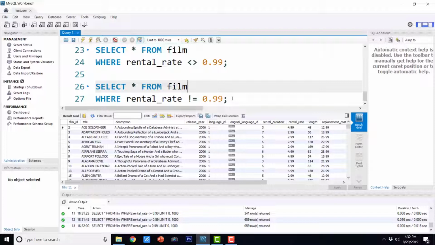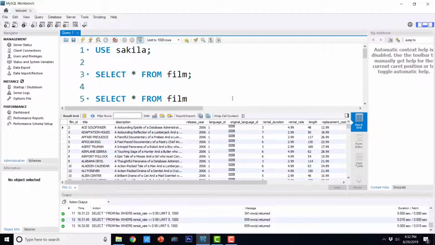So this is how we can use different comparison conditions. So this is how we can use the where clause, the equal to operator, not equal to operator, and different comparison conditions to filter out the record. We have also seen how we can use the text data in the where clause in order to filter the text fields.